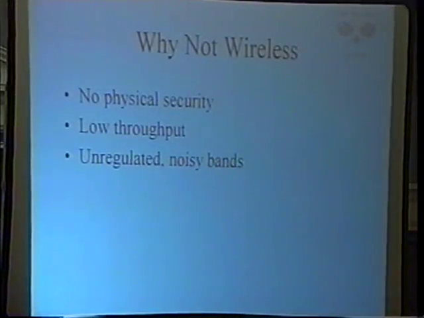So, why not? Many people have chosen not to deploy wireless. They've looked at the risks and decided against it. First and foremost, no physical security. Anybody and his brother can be some arbitrary distance away from your access point and go and snoop your data. I can be in the parking lot just using the card in my PDA, or I can be 20 miles away with a high gain antenna on a tripod. It's trivial to pick up the raw packets. Now, if the raw packets do you any good, that's a different issue.